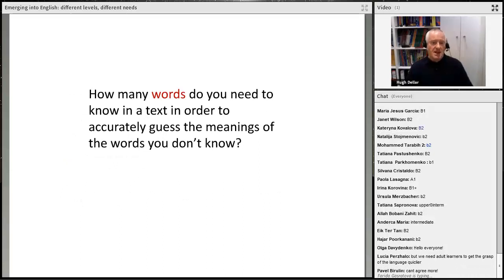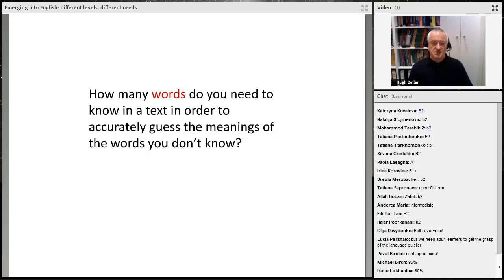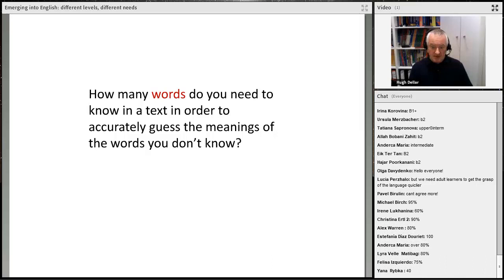So, how many words do you think you need to know in a text in order to accurately guess the meaning of words you don't know? We often talk about guessing words we don't know. How many words? 100%,